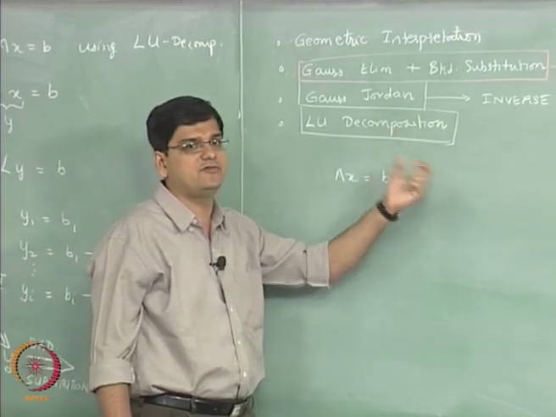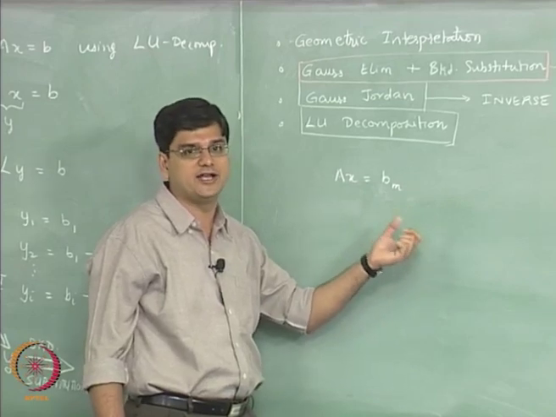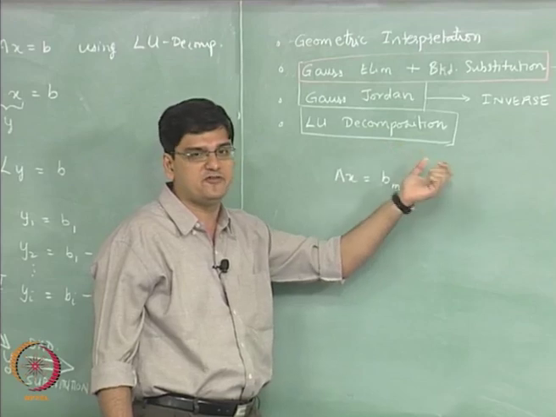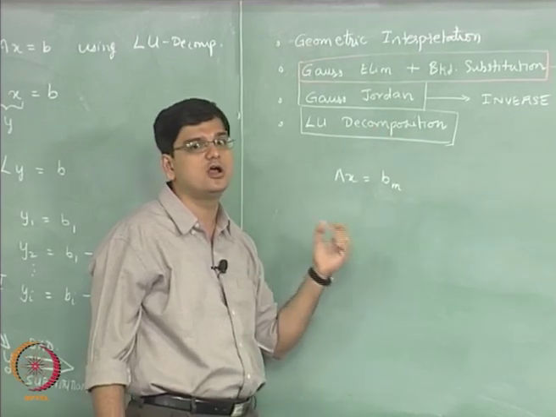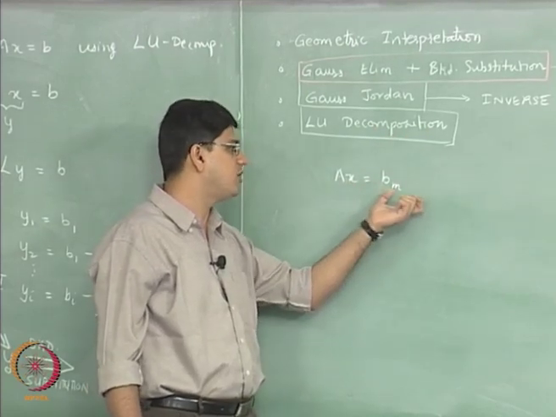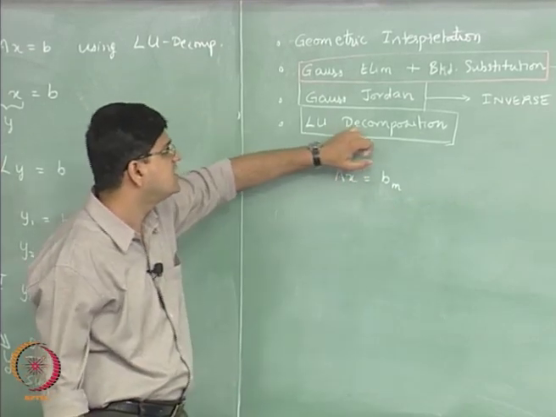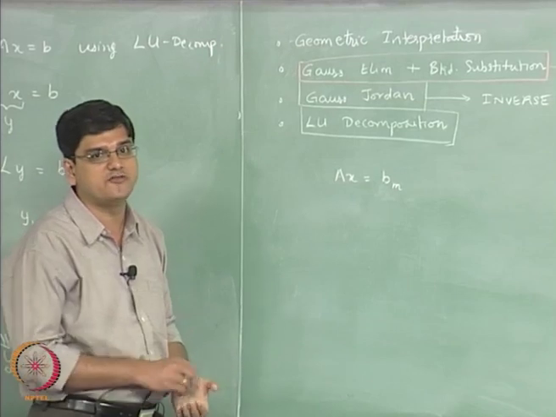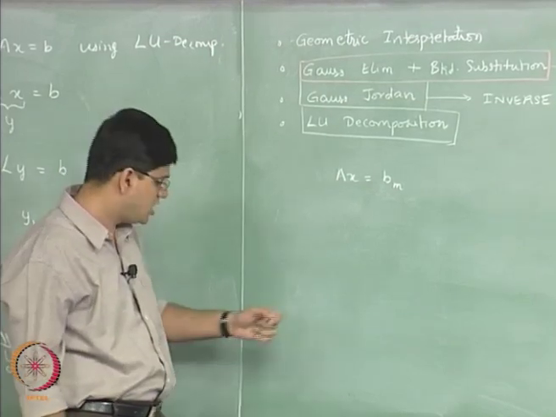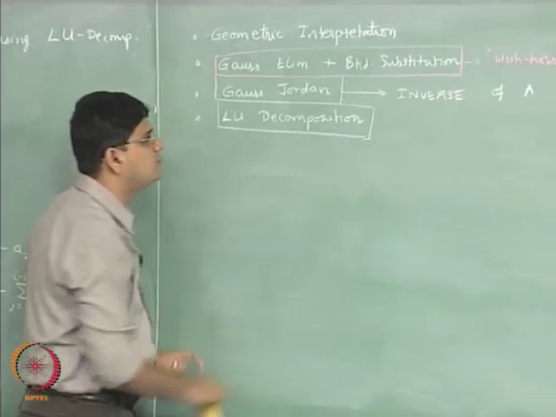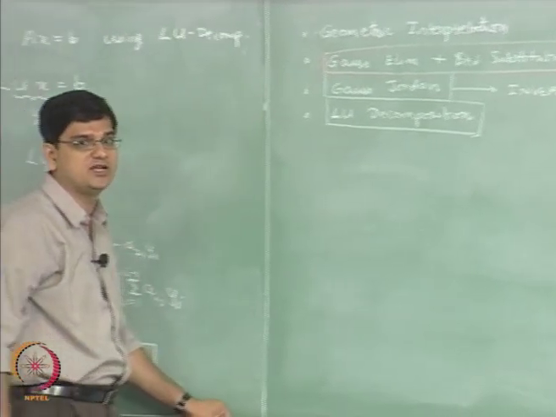Please keep this in mind when we go to module 8 and module 9, where I will spend a few minutes, maybe 15 to 20 minutes, talking about where we encounter problems of the nature Ax equal to B, and in what cases methods such as this modified LU decomposition method can be used. And to finish off this lecture, I will talk about the Gauss-Jordan method to find the inverse of matrix A.